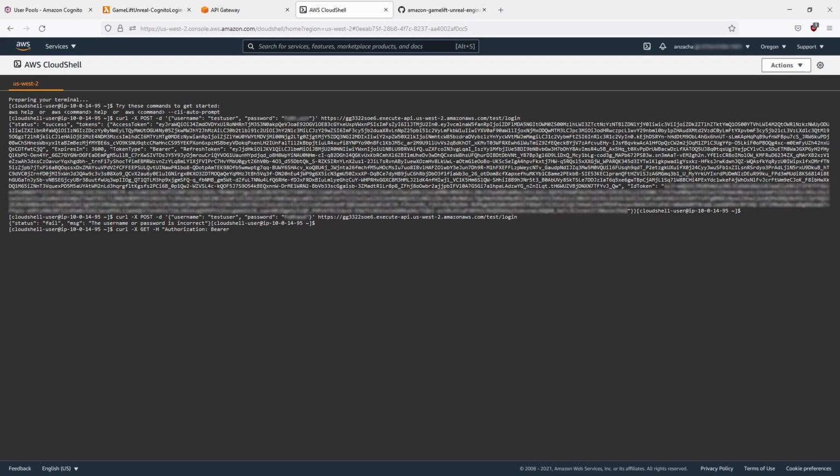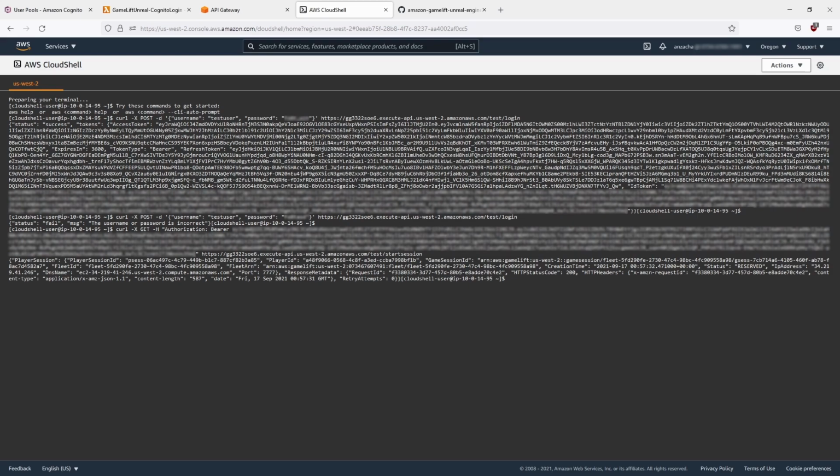So that ID token we just got is going to be this last token in the list here. So I'll close quote there on the header, and then we'll put the endpoint, followed by a /start session. So once we click enter on that,